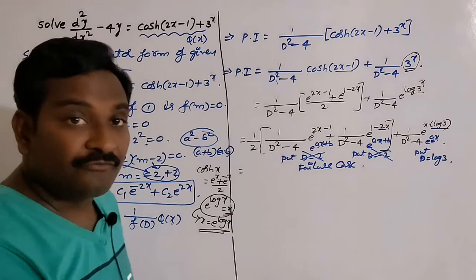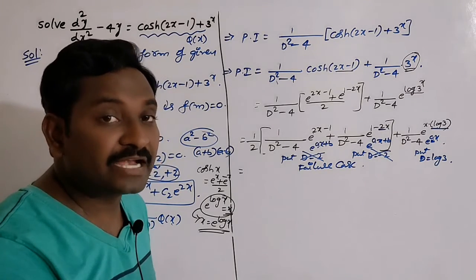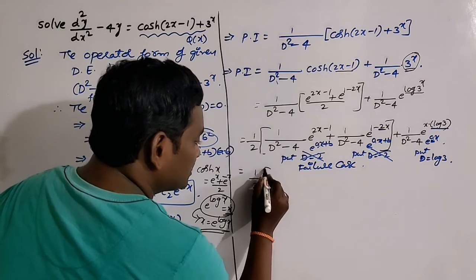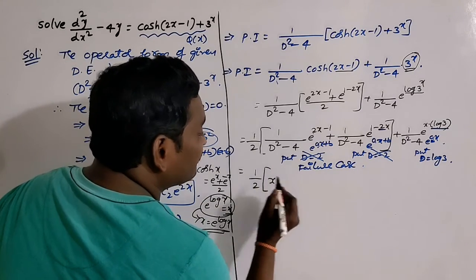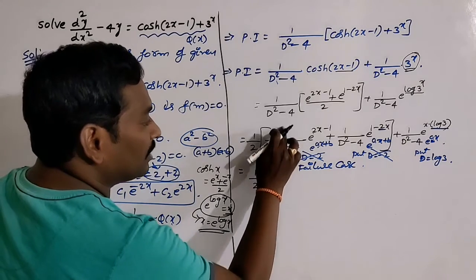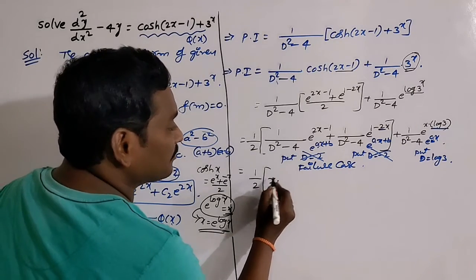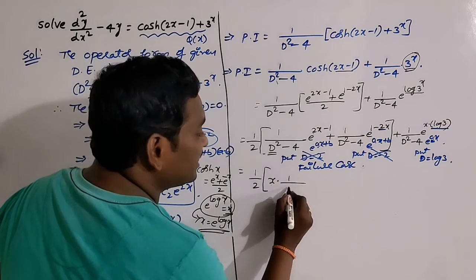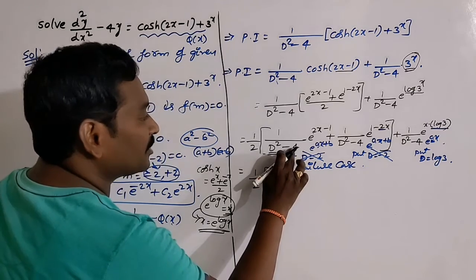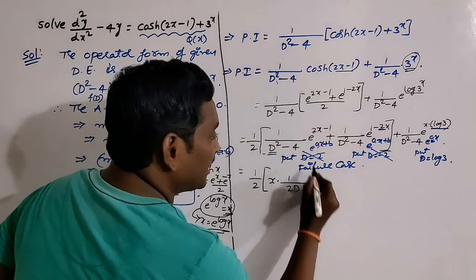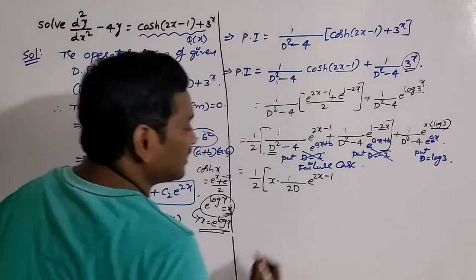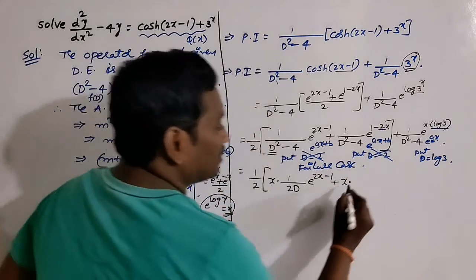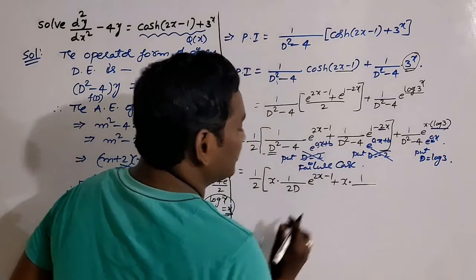Whenever we get the failure case, it means the denominator is 0, and I will give you a wonderful technique. See here. I will write 1 x outside of the 1 by f of d. Please write 1 x in the product and take the derivative of the denominator. Derivative of d square is 2d and derivative of a constant is 0. So write the remaining term, which is e power 2x minus 1. Here also you will get a failure case. That's why write 1 x in the product and take the derivative of the denominator.